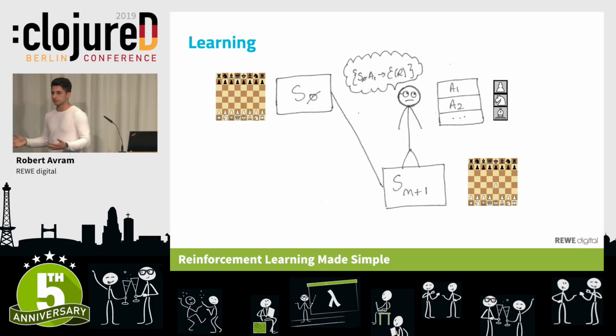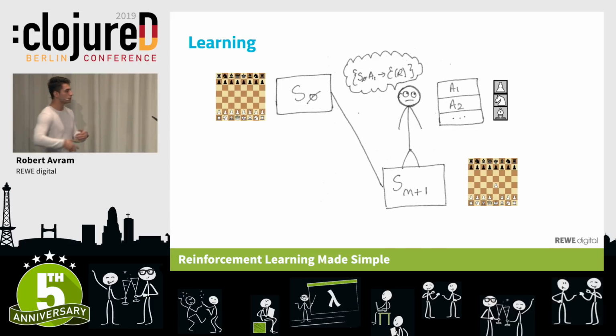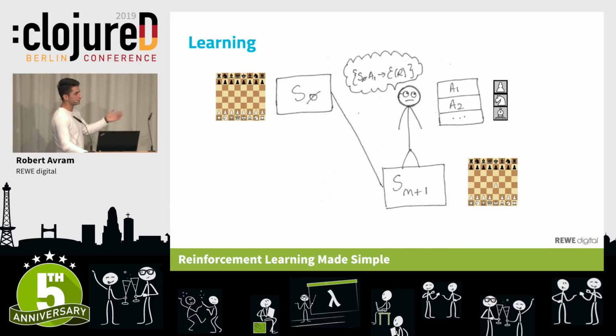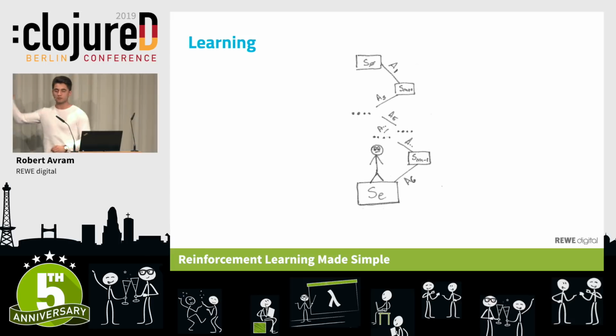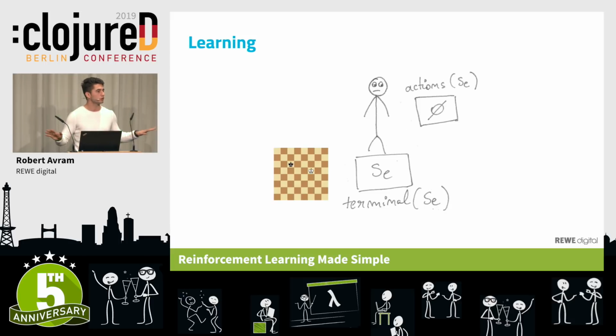Now, with this newly found experience, the agent is going to take it and repeat the process in this new state. It's going to get the actions of the state, pick an action, get a reward, transition, and then store his new experience. And he's going to do this over and over and over again until he gets to one of the end states where he basically stops. He has nothing left to do, basically completing an iteration of the game.